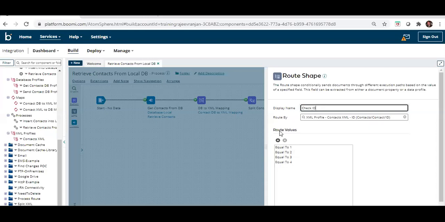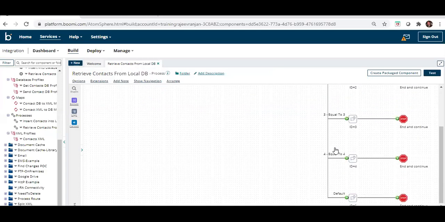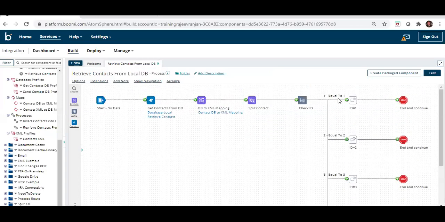For the different route path values, I'm checking if it is equal to 1, equal to 2, equal to 3, equal to 4. This is nothing but the sequence number: this is for 1, this is for 2, this is for 3, this is for 4. So this is the sequence of the path.